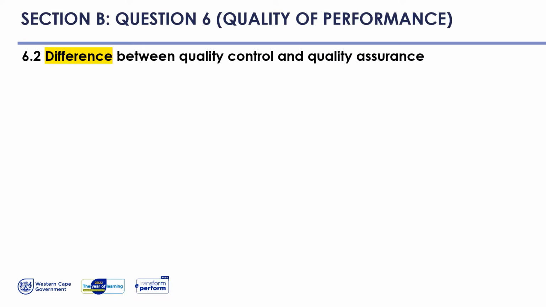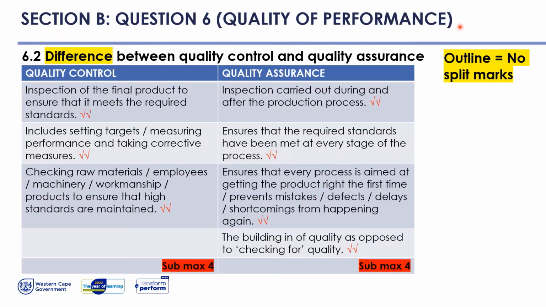If we look at our first bullet, your first bullet says explain quality indicators of the following business functions. Now remember, there must be... sorry, I do apologize. It actually says outline the difference between quality control and quality assurance. My apologies there. So if we look at our verb, the verb is outline and you are awarded with no split marks here. In other words, the marks are indicated at the end of the learner's response.